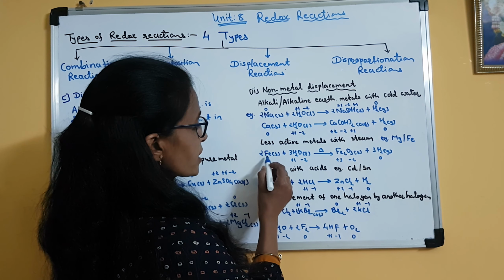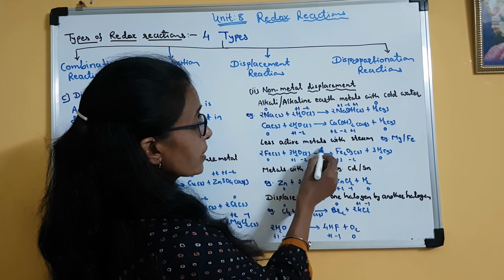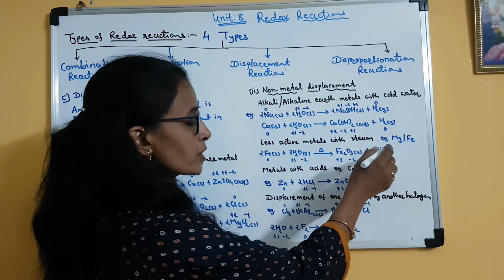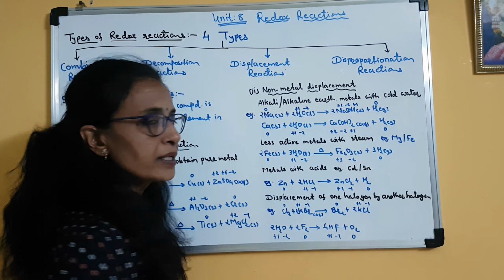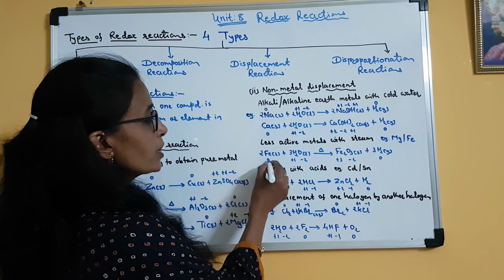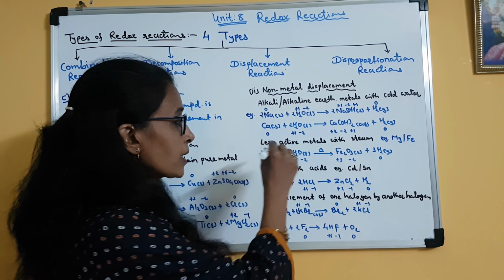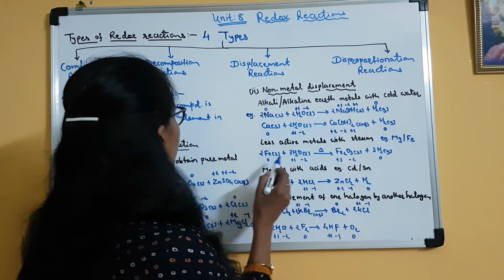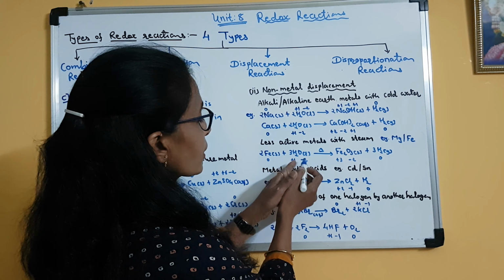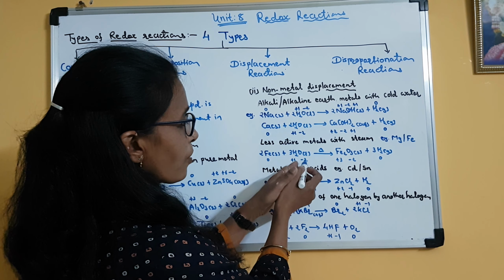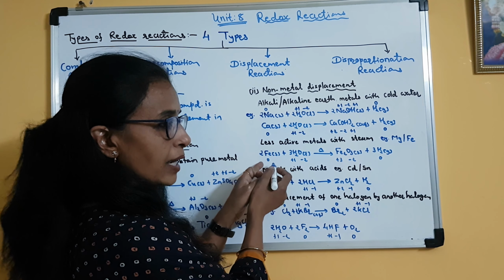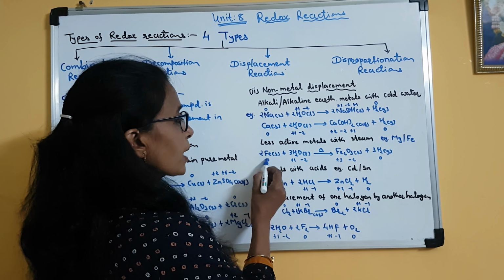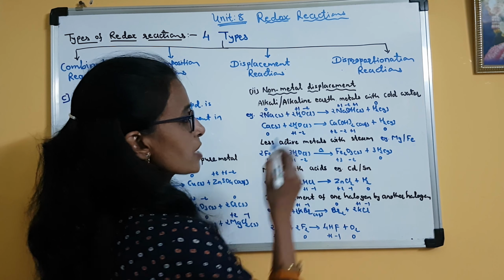Clear? So here, for example, iron, when it is heated with water, we get iron oxide, that is Fe2O3, and hydrogen gas is released. So non-metal is released, non-metal is displaced. So here iron is a metal, but it displaces non-metal from its compound. Clear? So here as we have written, the element from its compound is displaced by another ion or element which is in uncombined form, means a free state. So here iron from water, it displaces hydrogen.